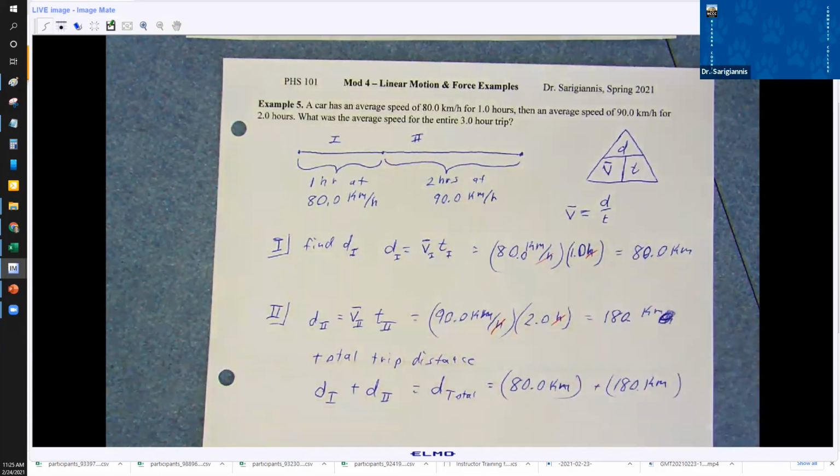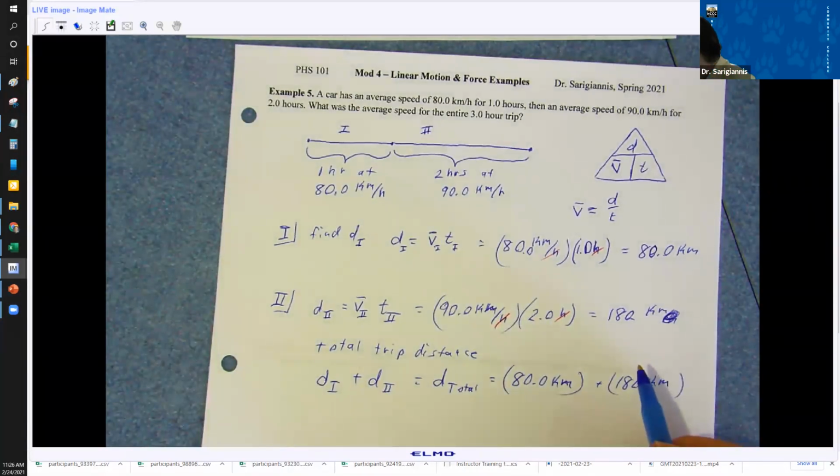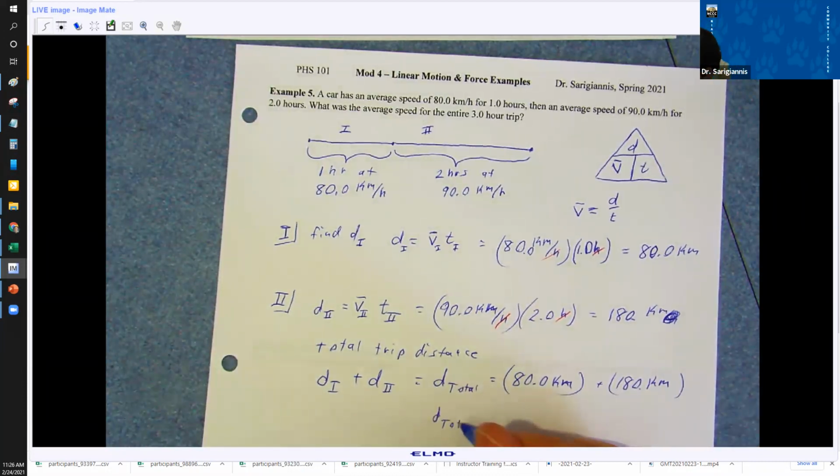Now, you can see here that even if I do carry through with 3 significant figures, I'm going to wait and round at the end, but it's really kind of up to you how you want to do this. The distance is technically only good to 2 significant figures. So we'll show that in a minute here. Your total distance is 260